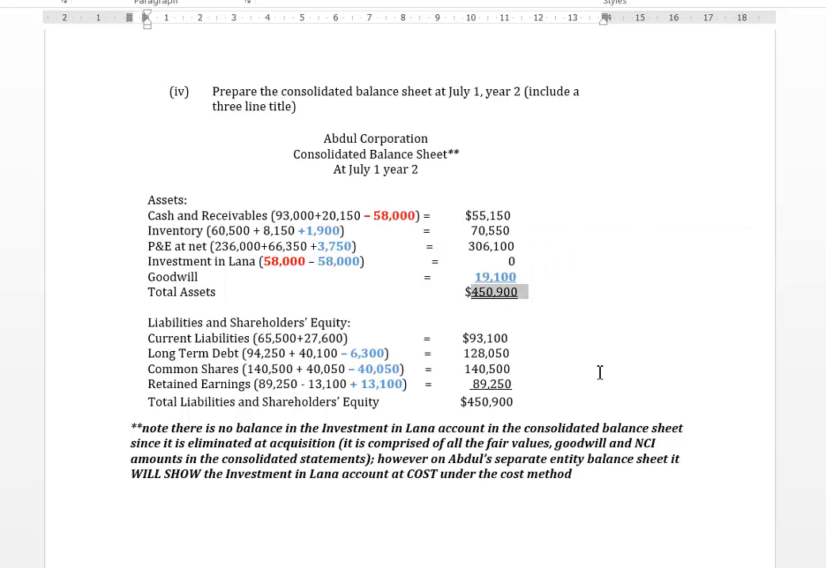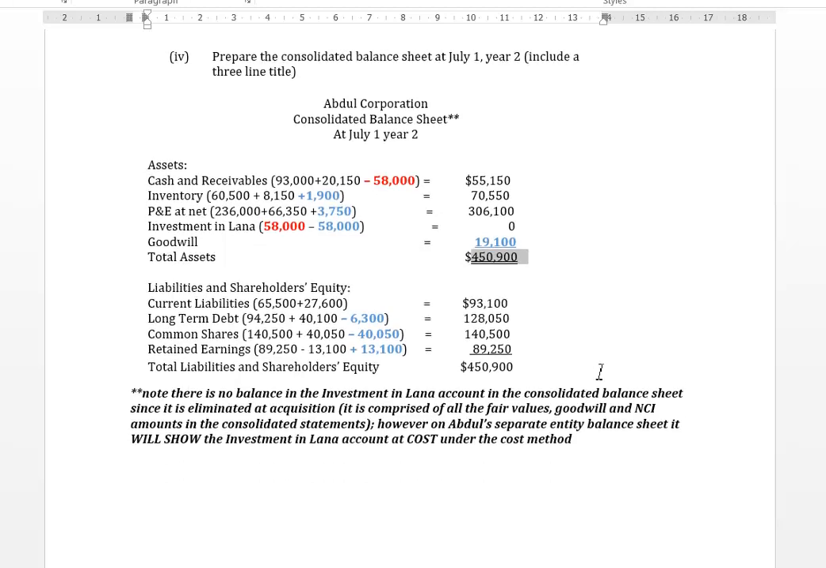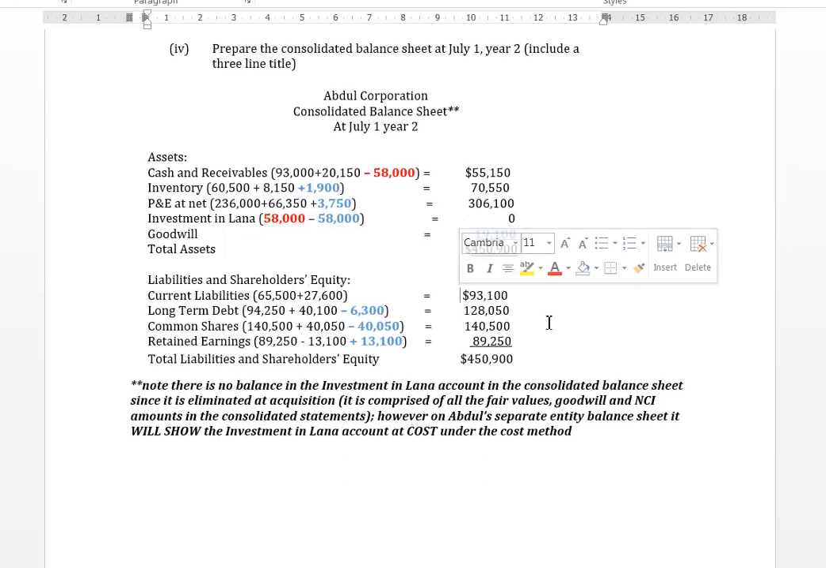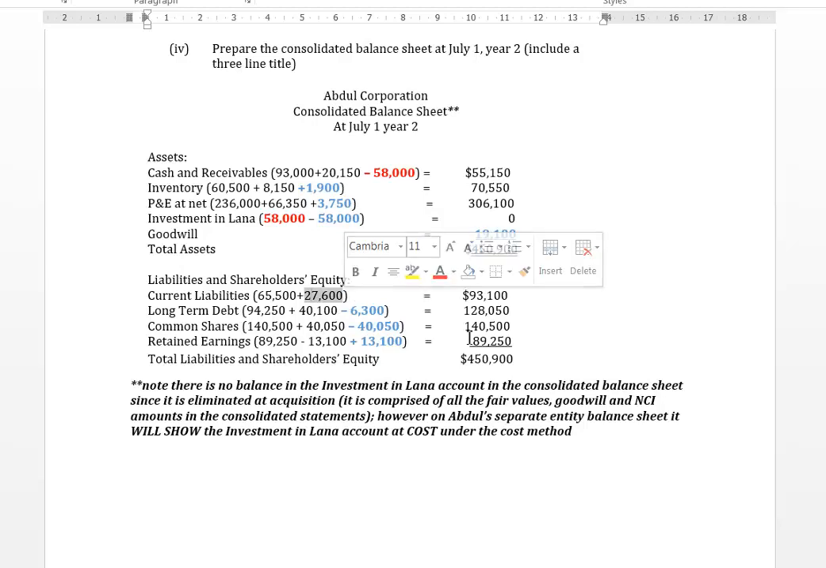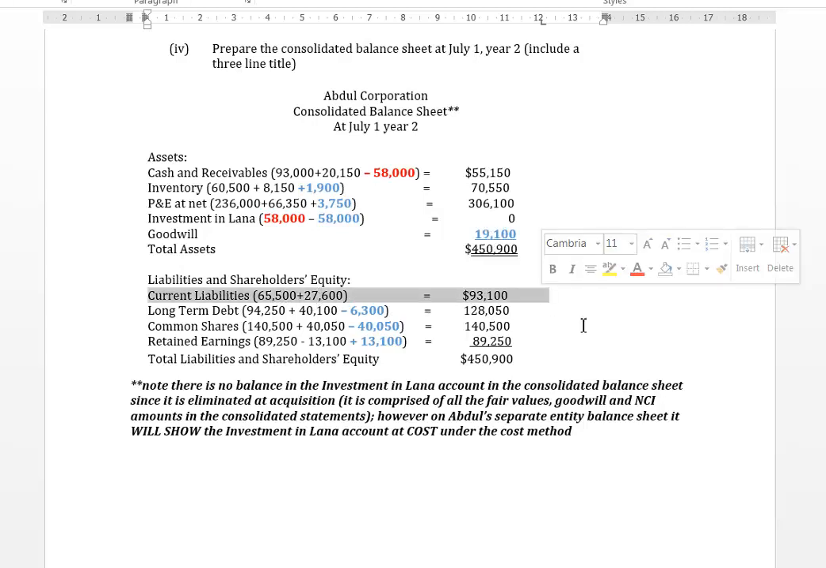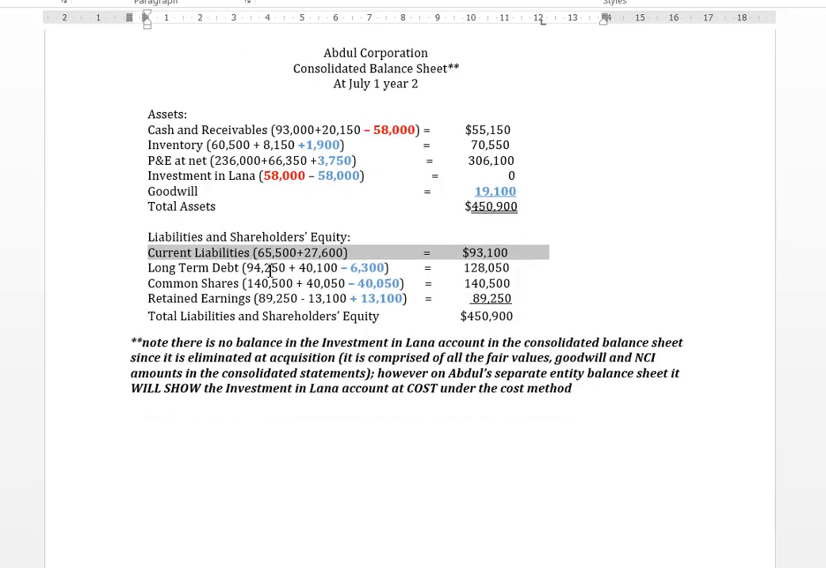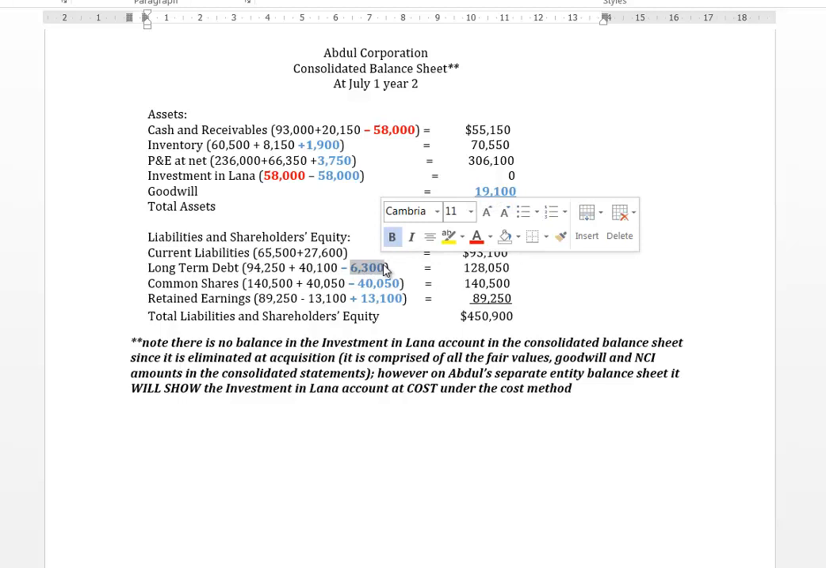Let's compare that to our consolidated balances for the liability and shareholders' equity accounts. So again, we had no increment or decrement on the current liabilities. So the carrying value of Lana's current liabilities is the same as its fair value. So our carrying value, Lana's fair value, 93.1 for the current liabilities. Notice we're only picking up at net the fair value. We're picking up the carrying value plus the decrement. So plus a minus is minus 6,300 added to Abdul's carrying value gives us